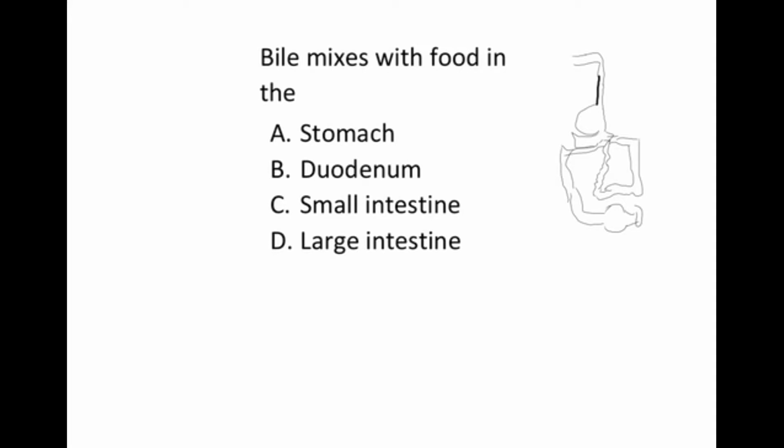we have the digestive system, which has parts like the mouth, the stomach, the large intestine or the colon, the small intestine or the ileum, this is the rectum, and this is the anus. Then we have this vital organ in the body which is called the liver. Inside the liver we have the gallbladder,